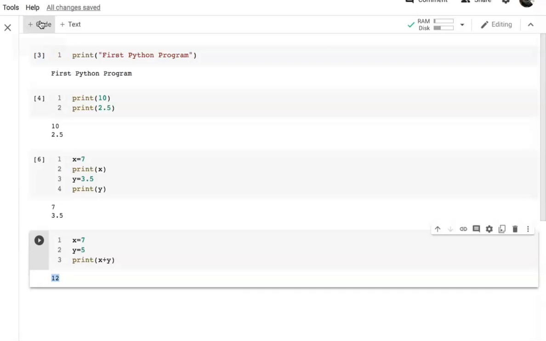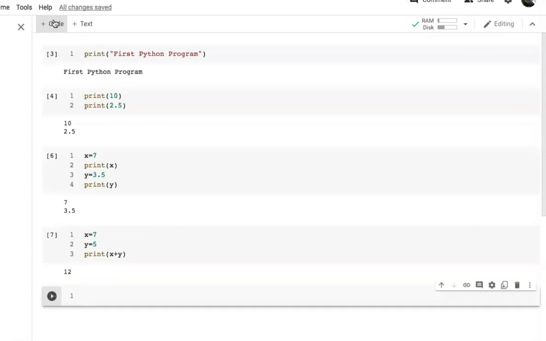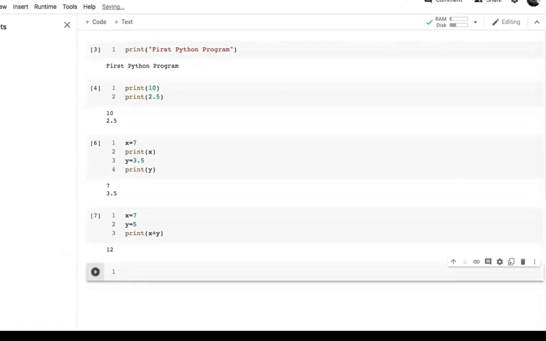Now I'm going to take another code cell. Click here, in which we'll create variables for sequences of characters. Take a variable x and assign.